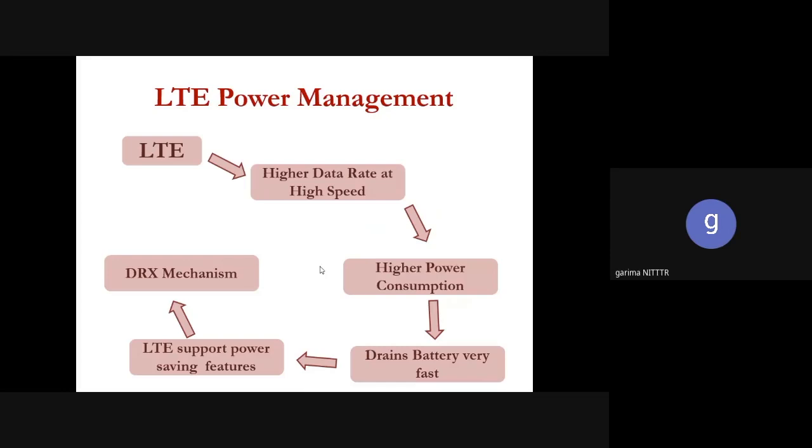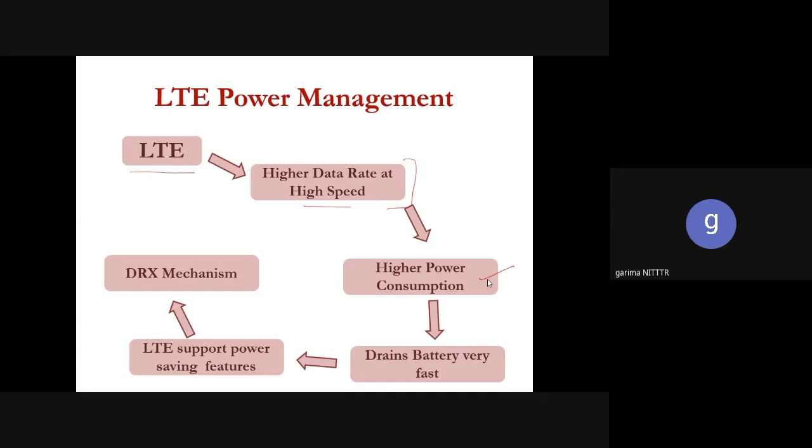Now, another major feature for 4G architecture, and in 5G also, is LTE power management. Power management is one of the major things required. We have LTE, long-term evolution, and the target of that technology is to give high data rate at high speed. But whenever we use applications that utilize a high data rate and high speed network, obviously they have high power consumption. Because of that, battery draining is one of the major drawbacks.